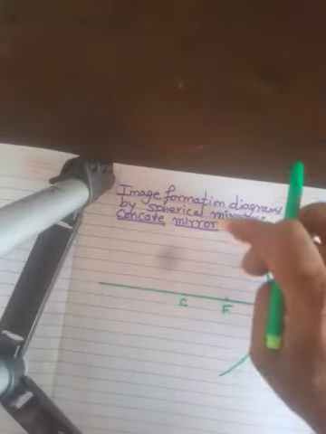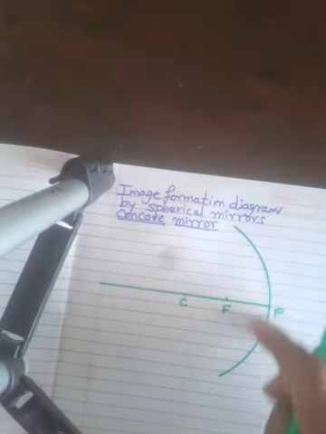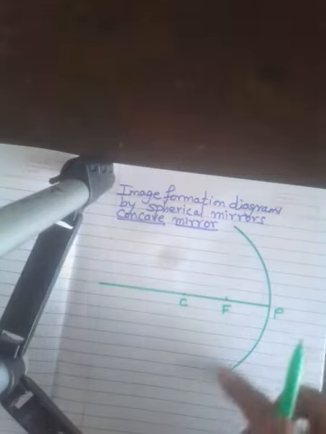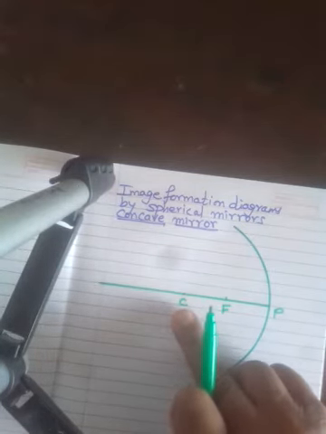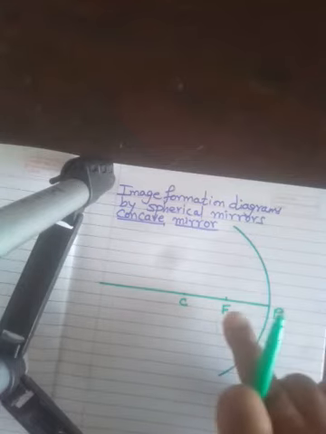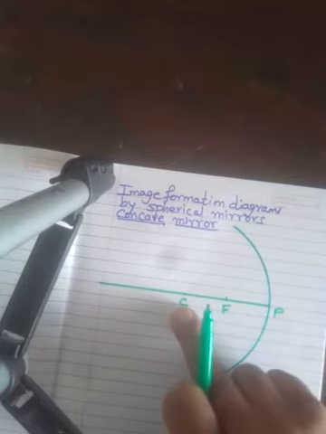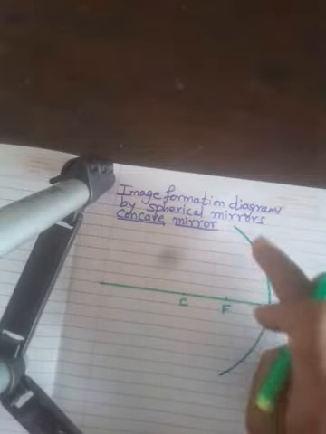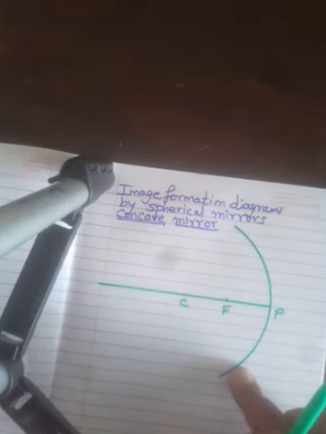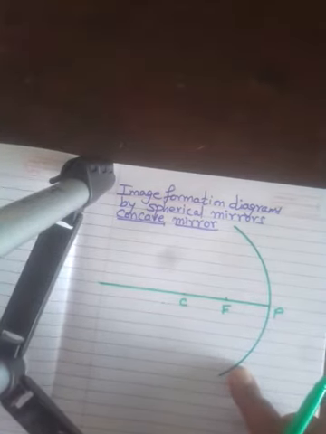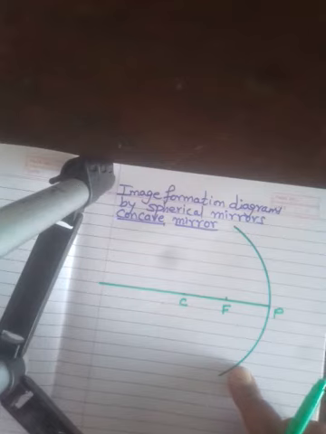The center of this circular curved line which you have drawn is the center of curvature. The midpoint of C and P is the focus. I have taken the radius of this curved line as 6 centimeters. You can take 5 or 4 also, for convenience, so that you should be able to understand. To make the diagram larger, I have drawn it as 6 centimeters.